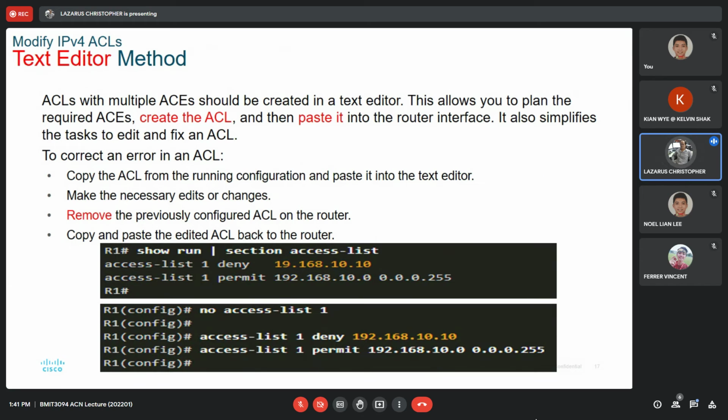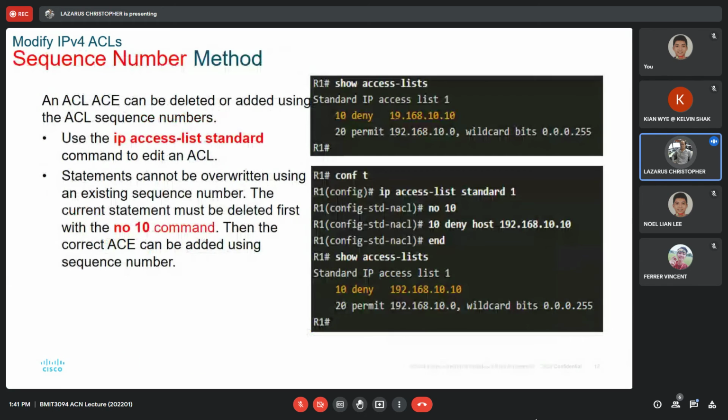The other option is to use the sequence number method. When you put in show access list, it shows you with sequence numbers. Both of these belong to access list 1, but you can see 10, which means this is the one in front, and then 20. If you want to insert, you can insert here, but here we just want to modify. So 10, 20, that is